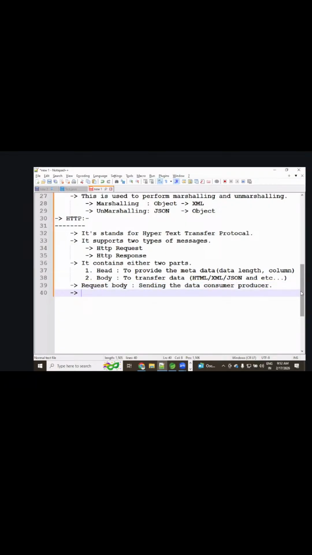And one more, the response body is also there. The response body is the reverse. That is sending the data.